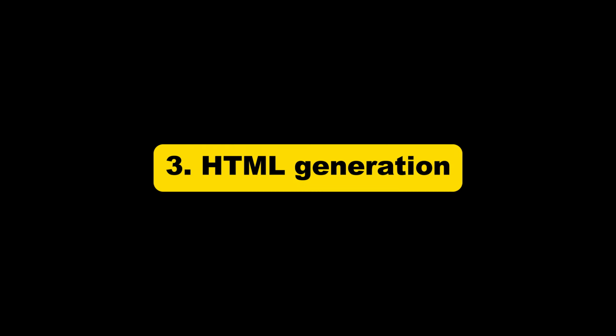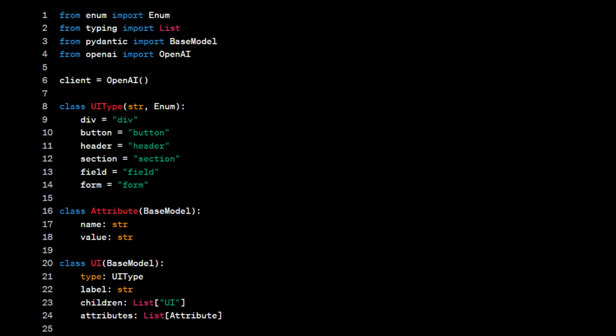Now let's look at another interesting example where we want to generate a valid HTML. In this example, we are generating the entire HTML, all based on a predefined structure. First, we define an enum UI type, which lists the possible HTML elements like div, button, form, etc. Then we create two Pydantic models, attribute and UI. Attribute represents the HTML attributes such as type, name, and value. UI is a recursive model that can have child elements, allowing us to build complex UIs like forms with nested